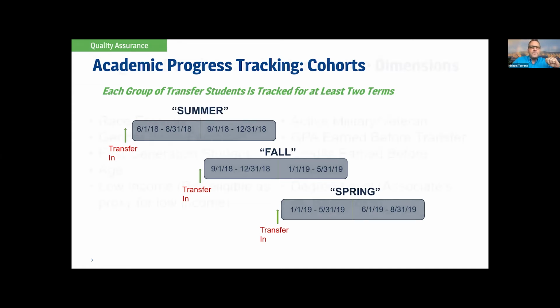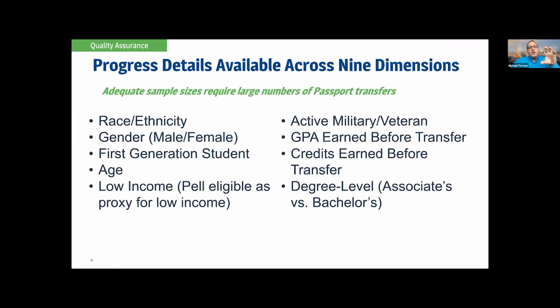Let's go to the next slide. We're reporting academic progress data, and we're also reporting anonymized data about race, ethnicity, gender, first generation, low income, using Pell as a proxy, veterans, the GPA students had before transfer, the credits they earned before transfer, and the degree level that the students are pursuing, associates and bachelors. And what that provides then, next slide,